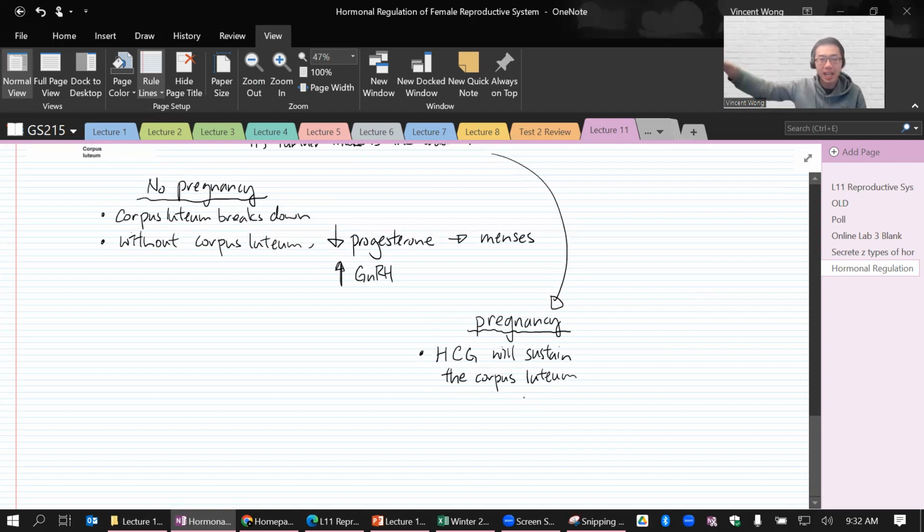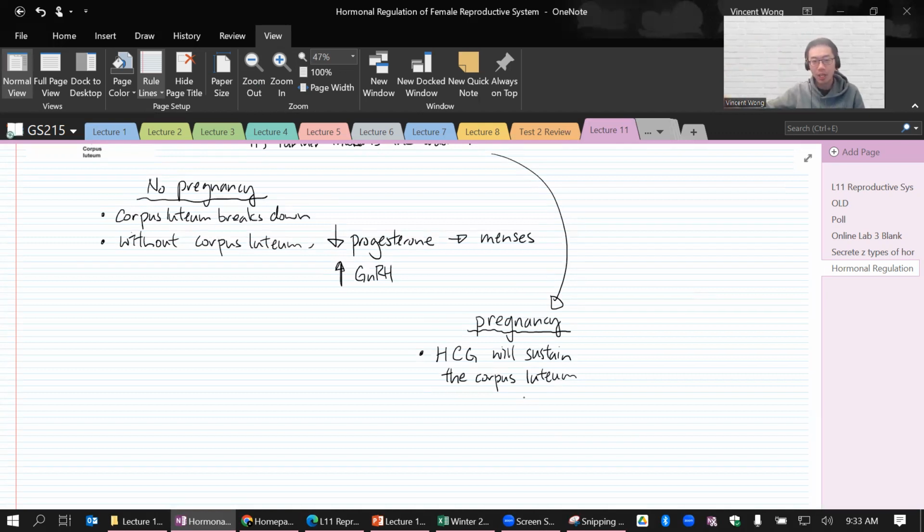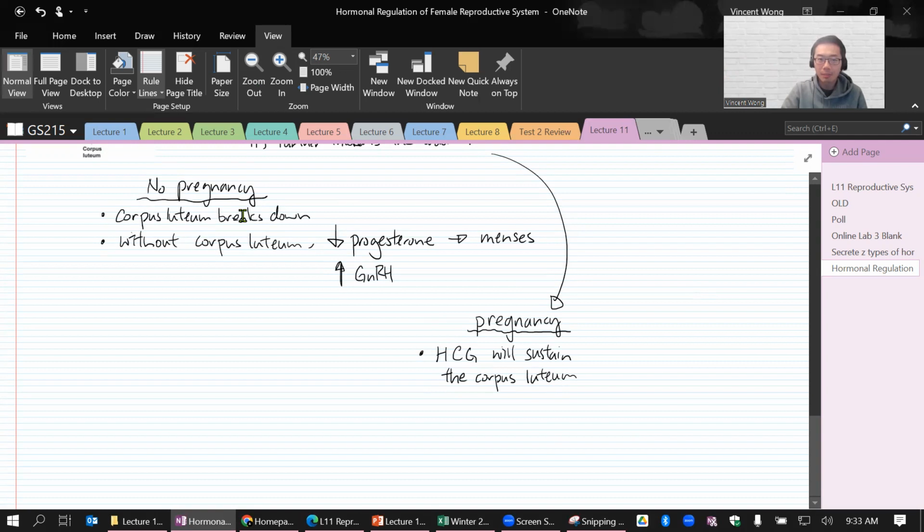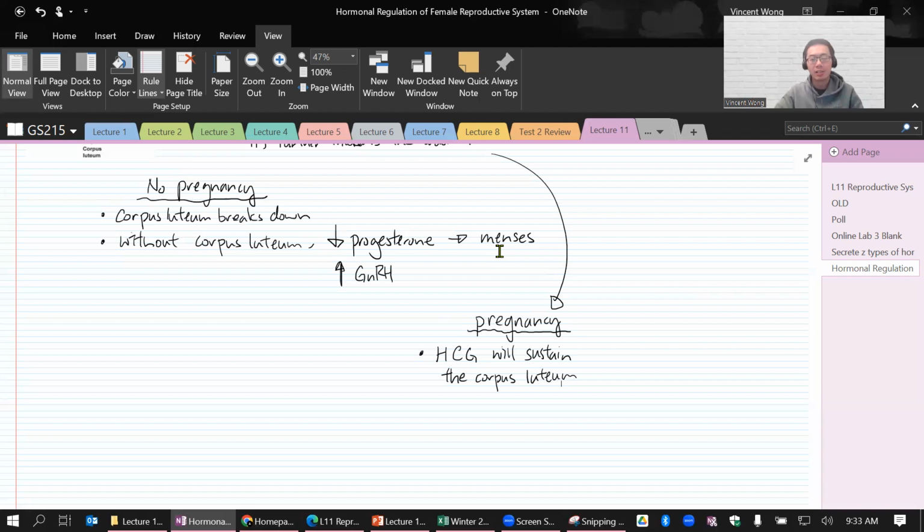If you have the implantation, if the egg is fertilized and already in the uterus, you cannot let the corpus luteum break down. Why? Because if the corpus luteum breaks down, then there is a drop in progesterone, and then the endometrium will shed, right? But the egg is implanted in the endometrium. You can't let that happen. So that's why HCG is important to sustain the corpus luteum